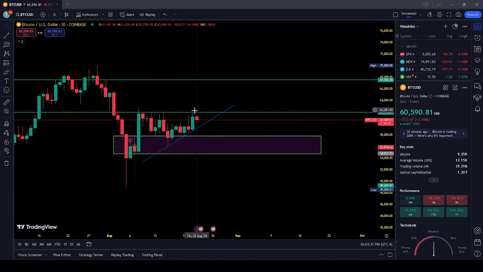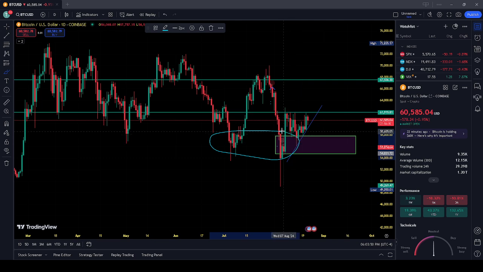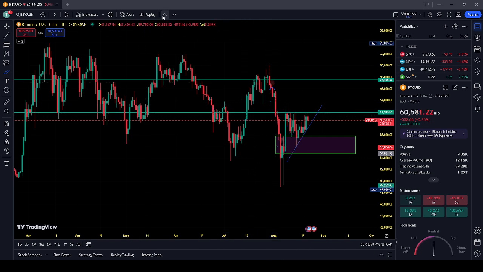However, this neckline is crucial here, right? This neckline. You see where the selling occurred and the buying occurred. First it was this, it broke this, it comes back up, and now the second neckline is this particular structure. You see this, where the sellers and the buyers meet, right?